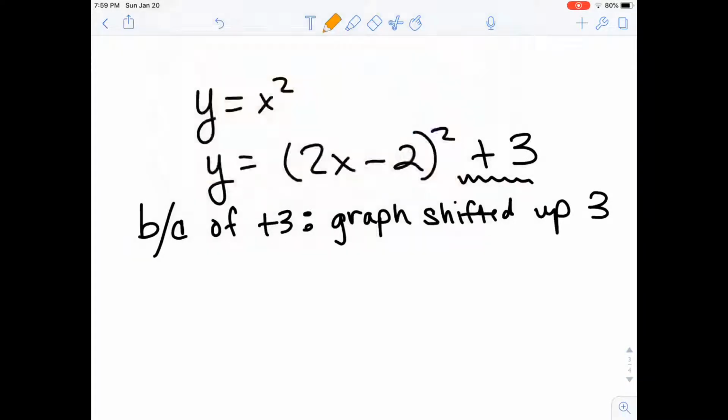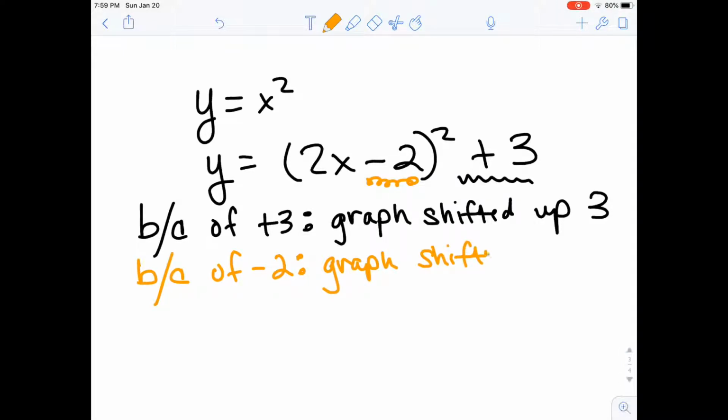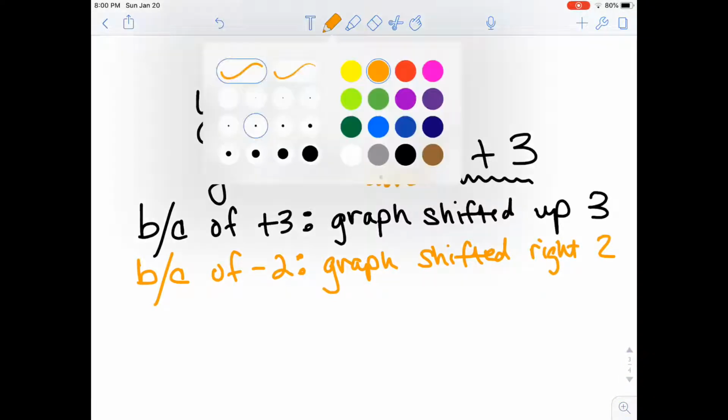So let's go orange. Okay. Because of this -2, because of -2, right? It's on the inside. So that means I'm moving the graph left and right because it's minus. I actually move right. Graph shifted right 2, okay,